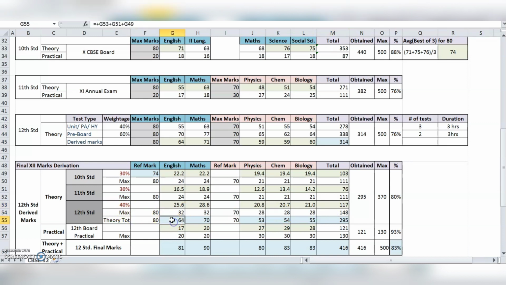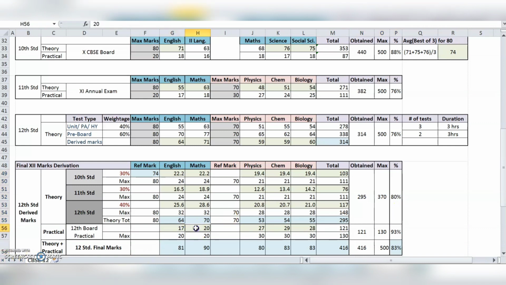of the 12th. So the last row sums all the three components: the 30% from 10th, 30% from 11th and the 40% mark he got from the 12th calculations, and he gets 64 marks out of 80 in English and 53 marks for physics out of 70 by summing up the individual years' numbers. We have seen the maximum possible mark from 10th component is 111, 11th is 111 and 12th is 148. Those are total possible marks of the theory is 370, where 130 is allotted to practical marks. This student has taken 295 out of 370, yielding 80% of the score.